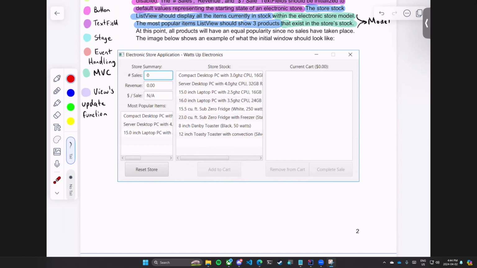The view knows whether or not to take out one of these things in the list view. Why? Because if you coded the view correctly, the view is going to take the model and go, hey, I've noticed that this product has quantity of 0, so I'm not going to display it. I'm not going to add it to the list view. And so that happens automatically for free, right? You don't have to code that from the add to cart handler. Imagine how annoying it would be if, when the add to cart handler goes off,